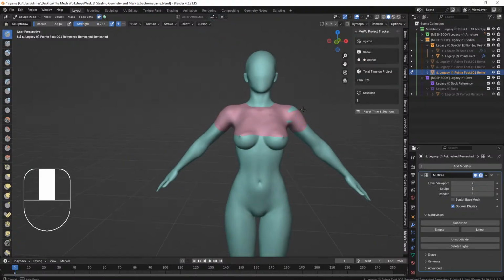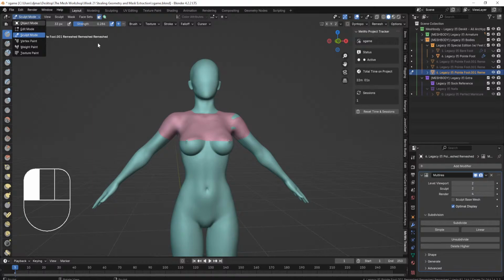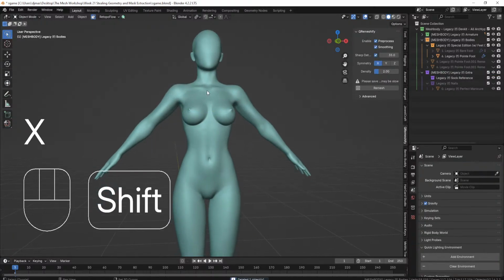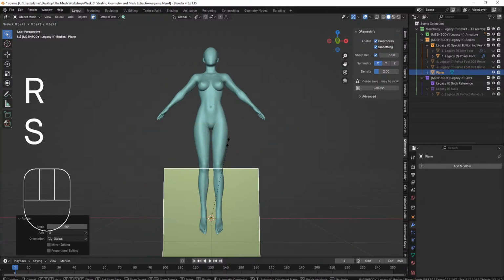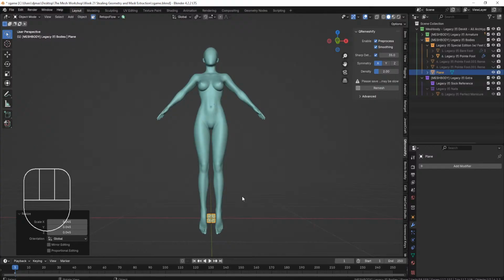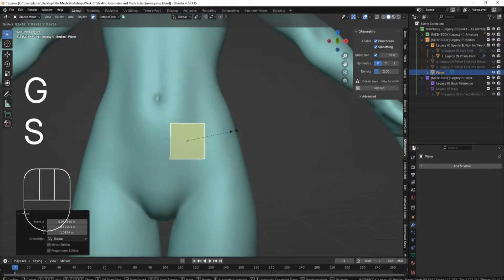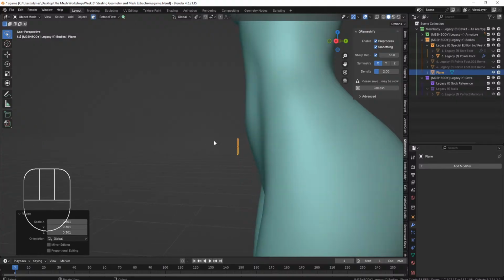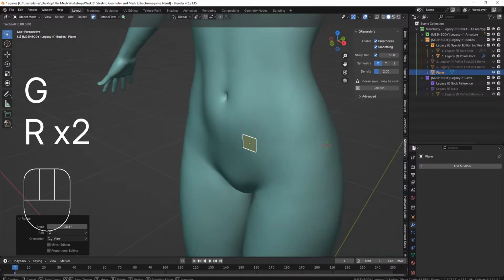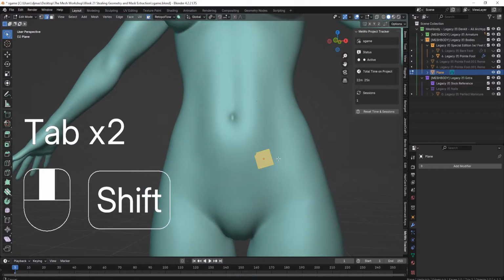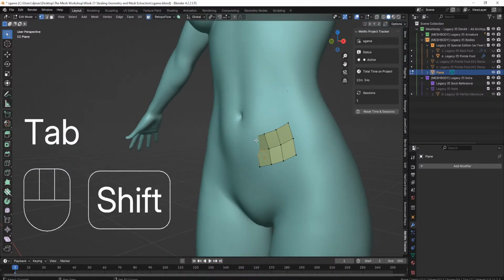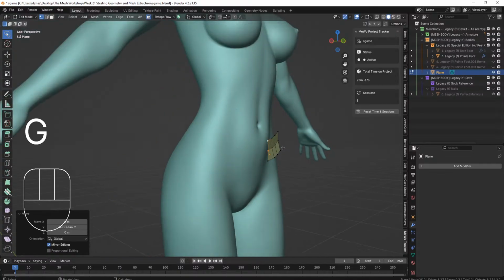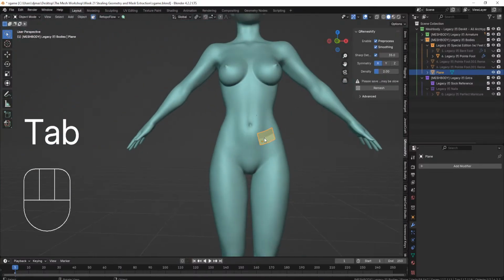very easily without having to use the old-fashioned plain method of making clothing, which would be, if we delete this, to add a plane and rotate it upwards, scale it downwards, get it into place. And I'm working pretty fast because my muscle memory here is pretty strong. I do all these operations in Blender all day long, so I can very quickly do stuff like this. But if you were going to do it the old-fashioned way, you might be building face by face to build out an entire t-shirt, right? Which takes forever. Versus what I did, where I just grabbed some of the geometry that already exists